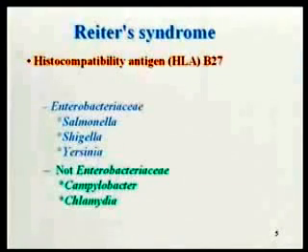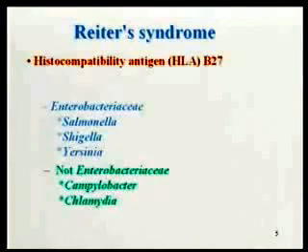Reiter's syndrome is a disease which is set off by an infection, often of the gastrointestinal tract. It can be the urogenital tract, particularly caused by Salmonella, Shigella, or Yersinia. There are also non-Enterobacteriaceae, including Campylobacter and Chlamydia, which have been shown to initiate Reiter's syndrome. The local site is an infection, but the organism almost never spreads, and it is not an infection of joints. It is an inflammatory disease resulting from an infection at a focused site such as the gastrointestinal tract or the